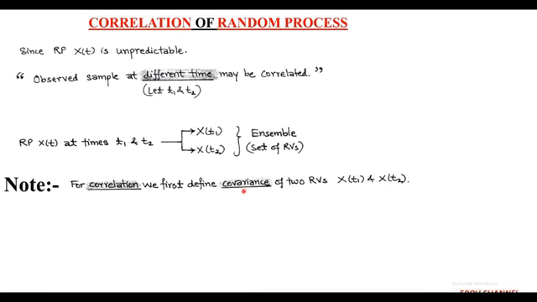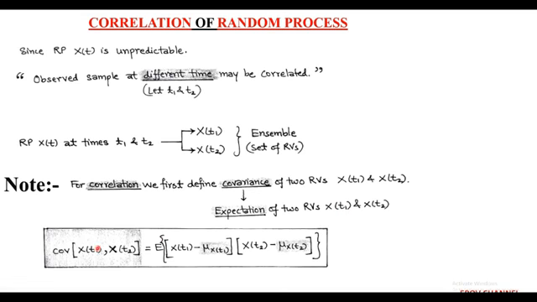So the covariance can be obtained using expectation operator of the two random variables, which are x function t1 and x function t2, and described as covariance of xt1, xt2 equals to expectation of product of xt1 minus mu into xt2 minus mu, where mu xt1 and mu xt2 are the mean value corresponding to random variable xt1 and xt2